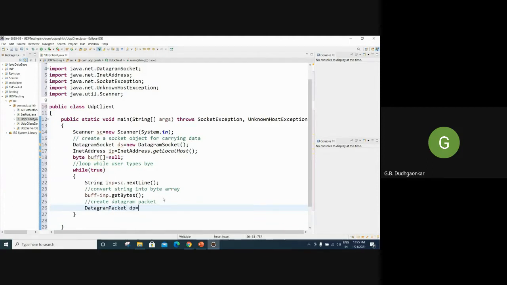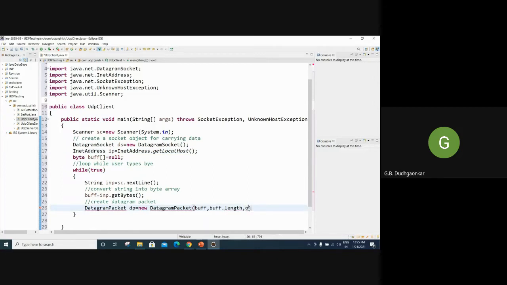So dp is equal to new DatagramPacket. In that we have to pass 4 arguments. So here we have data, that is buff. So you can write here. Then we require the data length. So buff.length we can write here. Then we require IP. So IP is here, that object. Okay. So write IP here.